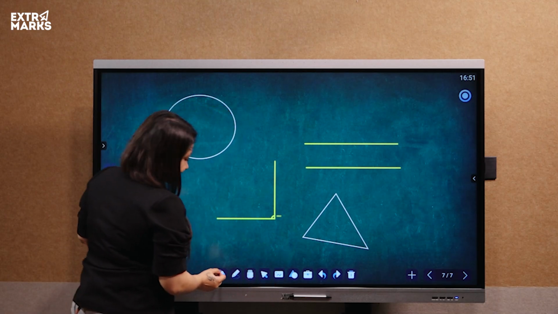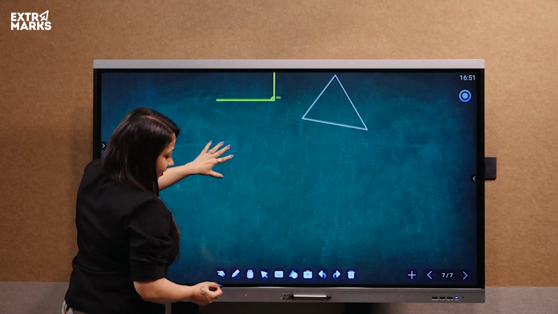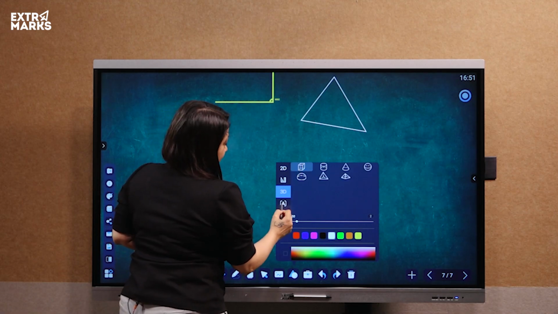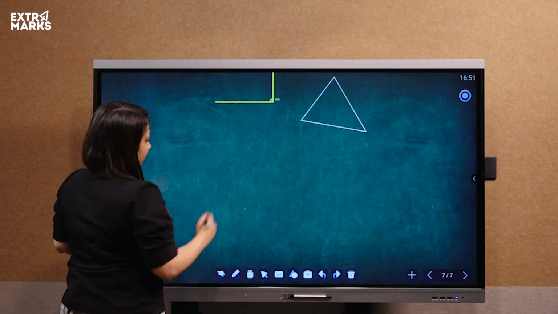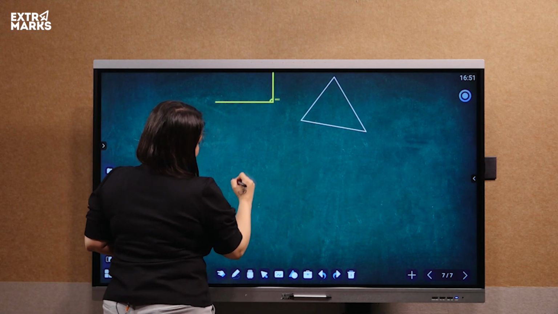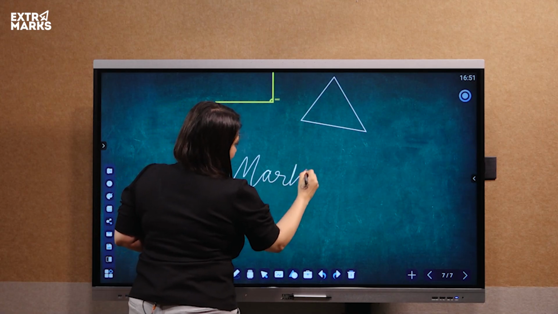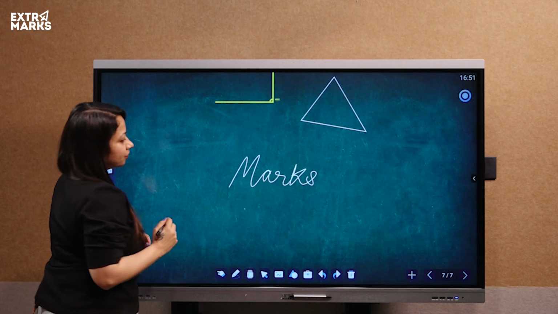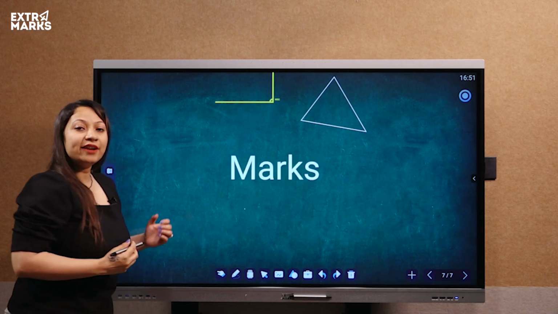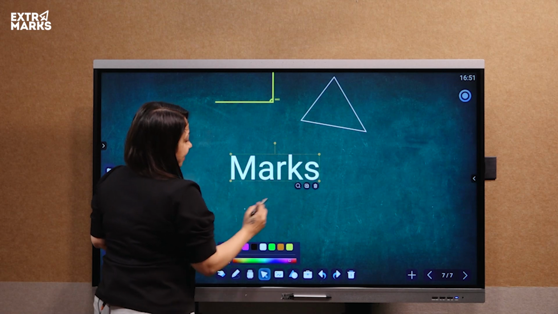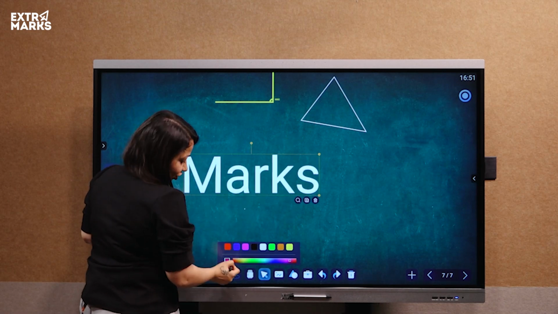Similarly, as a user, if I'm writing something, that will be auto-corrected. I can select the same and can resize or change the color.